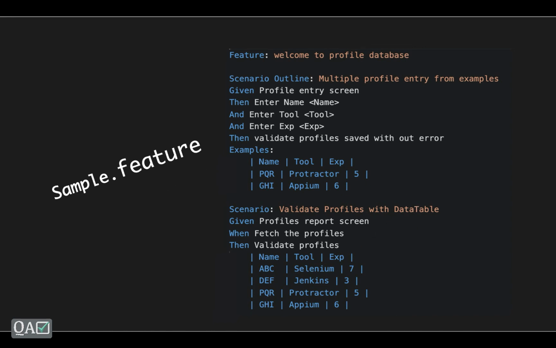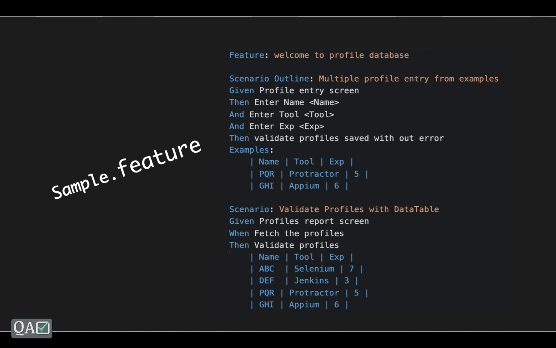If they want to only execute this one, they can use that tag, and Cucumber will execute just this particular scenario and skip the other. This is just an example with two scenarios, but in real time you can have 10 to 15 scenarios in each feature file, and every time you might not want to execute that many. That's where tags come into the picture.